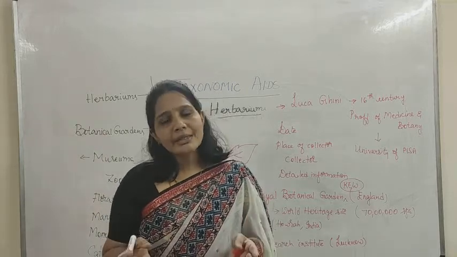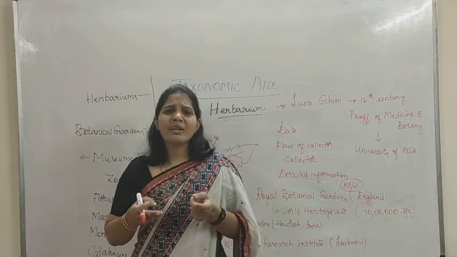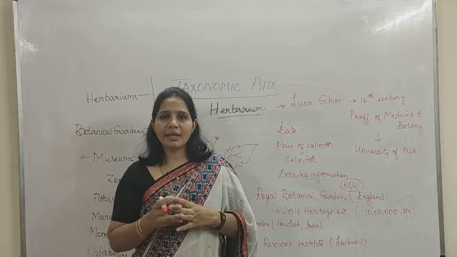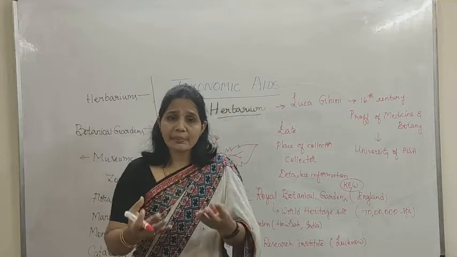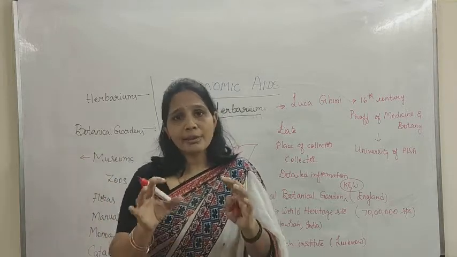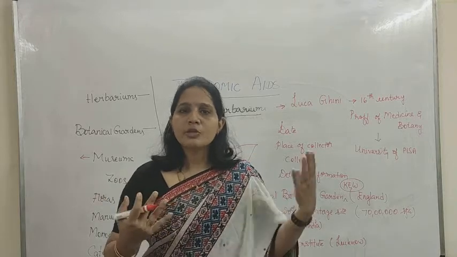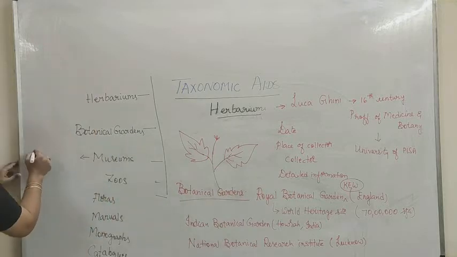Whereas here the insects are maintained in an insect box, whereas the birds and mammals are stuffed with some material and then maintained, okay? Like that, so many different ways. For example, the snakes and all are maintained in formalin in jars, so that we can see them. So these are what are called museums, which are useful for